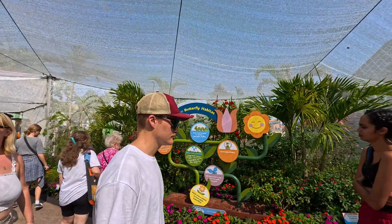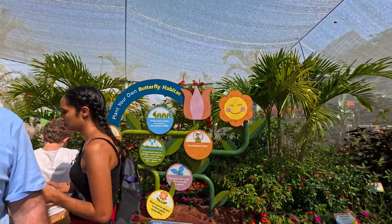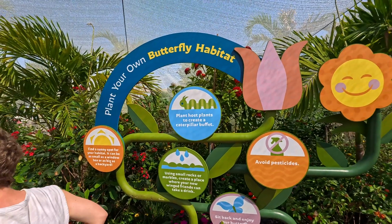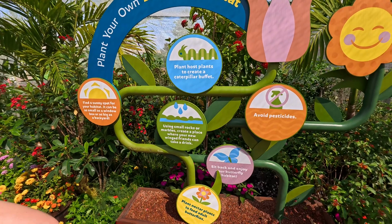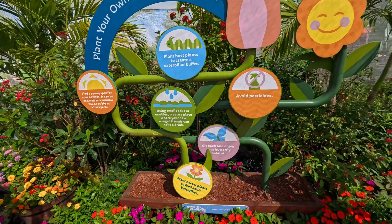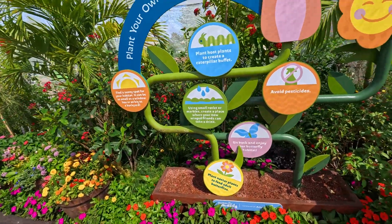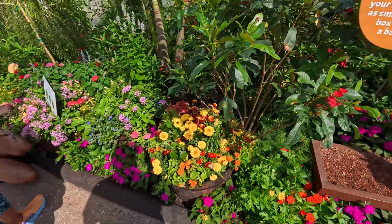And then here are some instructions to plant your own butterfly habitat. It says find a sunny spot for your habitat. It can be as small as a window box or as big as a backyard. Plant host plants to create a caterpillar buffet. Use small rocks or marbles to create a place where you can find your new friends taking a drink. Avoid pesticides. Sit back, enjoy your butterfly habitat. Plant nectar plants to feed adult butterflies. I'm sure there's some kind of YouTube video out there that goes really in depth with it, but